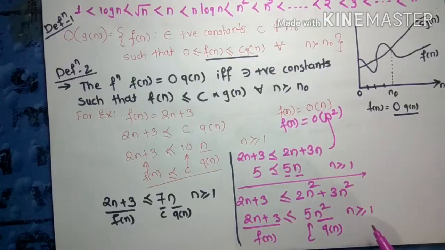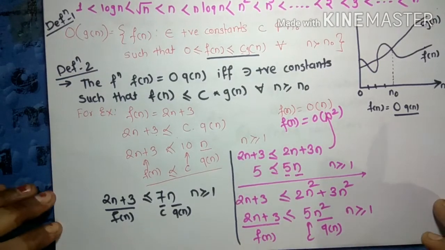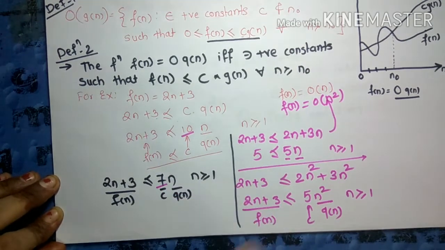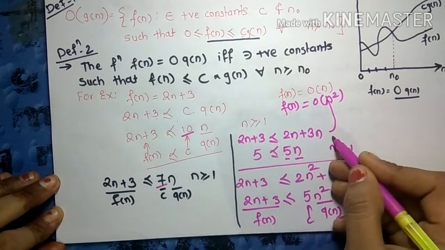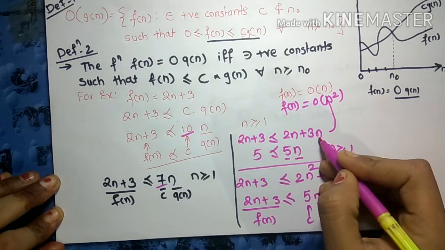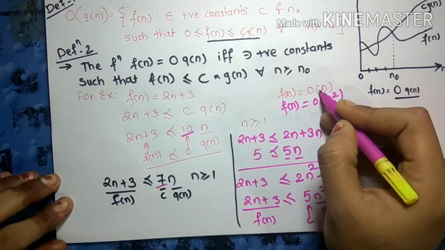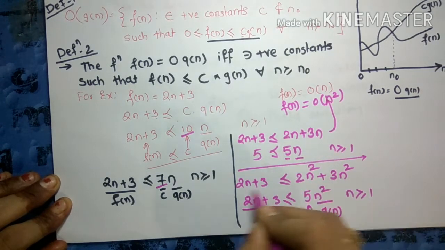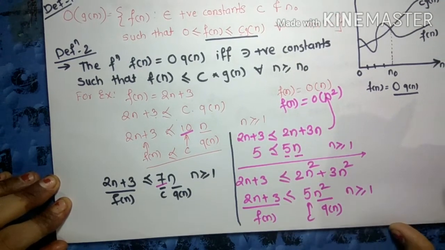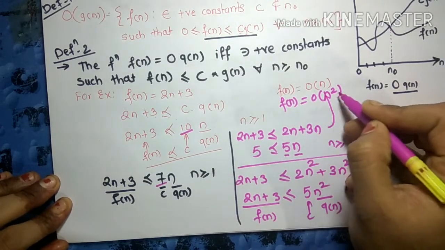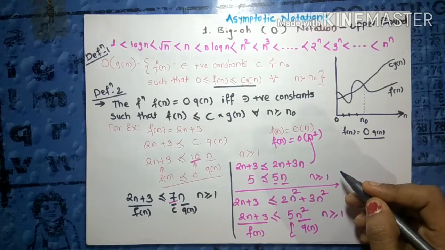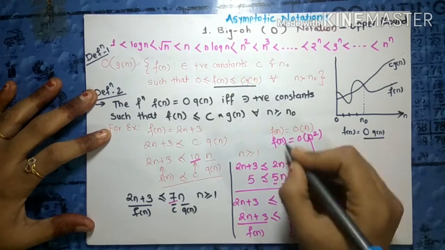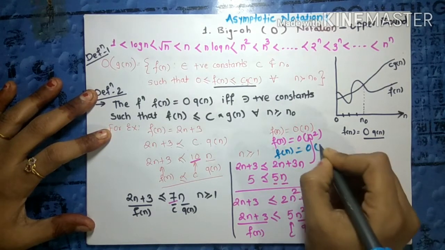Got it? So this is a good idea. Instead of struggling with what number we have to take here, 10 or 7, you can take 6 also. Instead of struggling with it, you can make it linear or you can make it quadratic. If you take linear, your time function notation will be big O of n, and if you make it quadratic, 2n square plus 3n square, your complexity will be big O of n square in this case. Instead of n square, if you take n cube, it will also be true. In that case your time function will be big O of n cube.